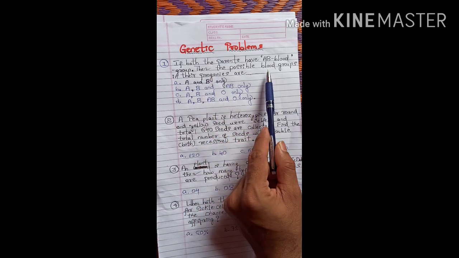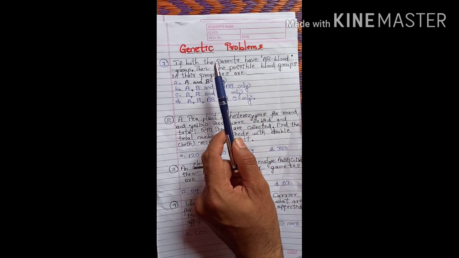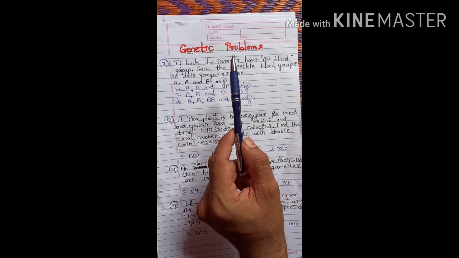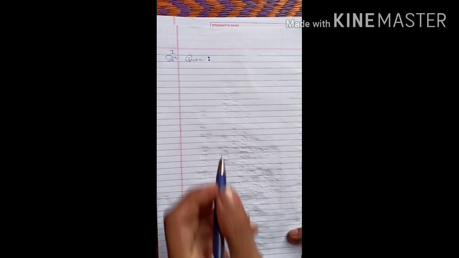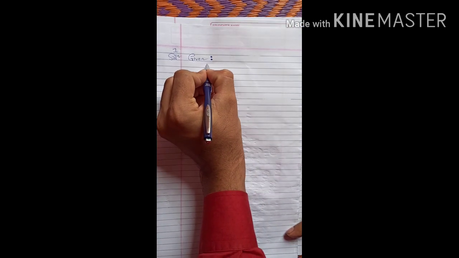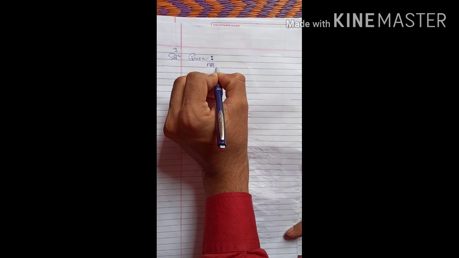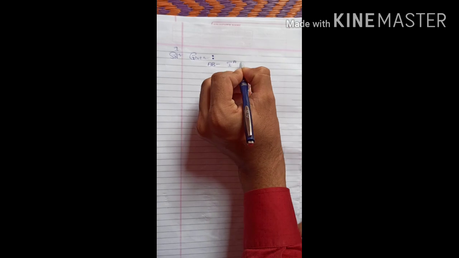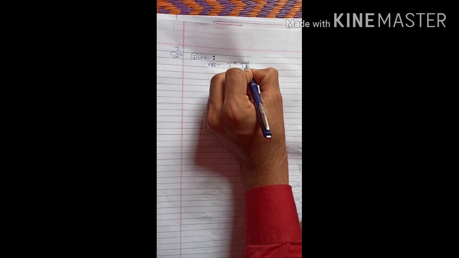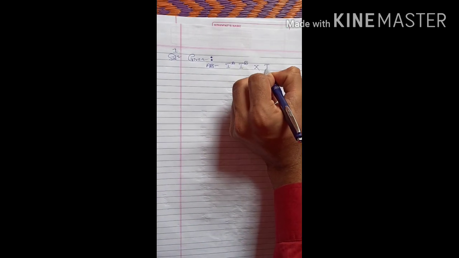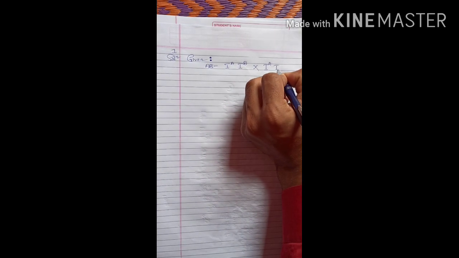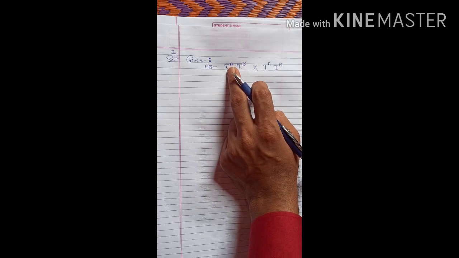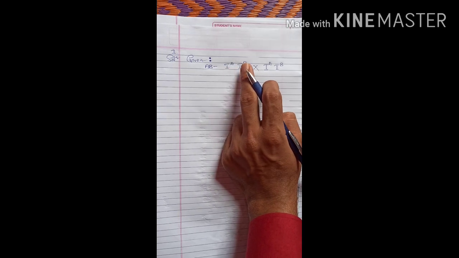See, we know that blood group is a very important example for the codominance phenomenon, and let us solve this problem. See, first we will solve the problem. So they have given that both the parents have AB blood group. Okay, so that is nothing but, we know the genotype of AB blood group is IA IB. Okay, another parent is also given, so IA IB. We know that A represents the allele IA, and B is IB.